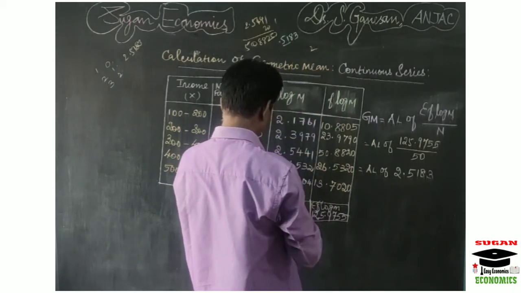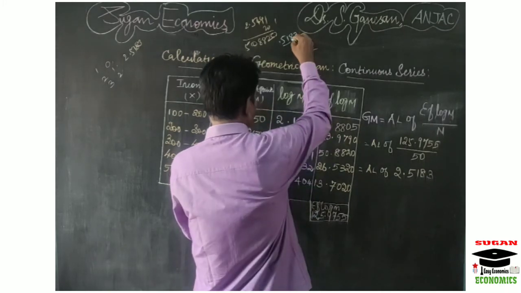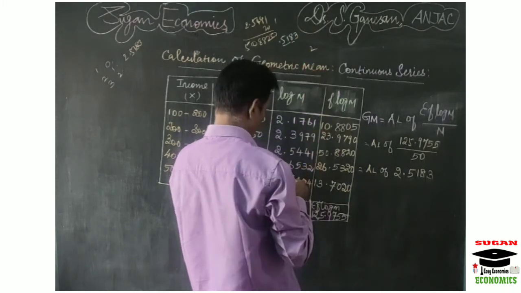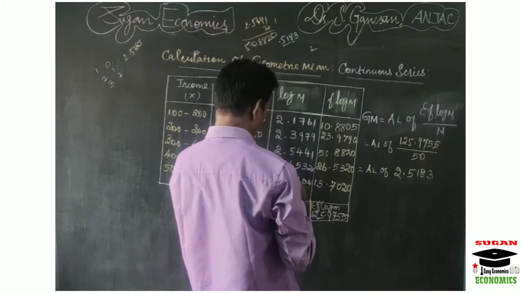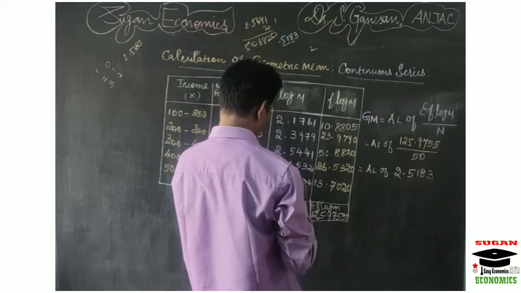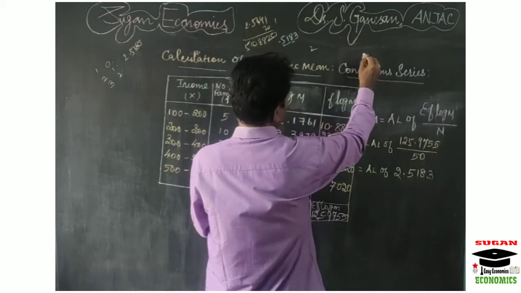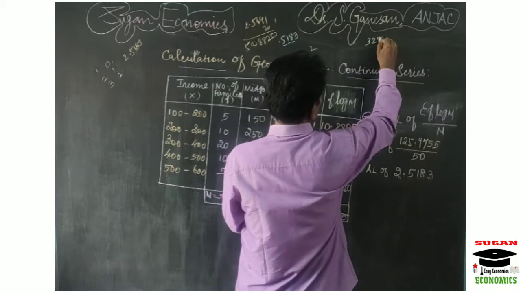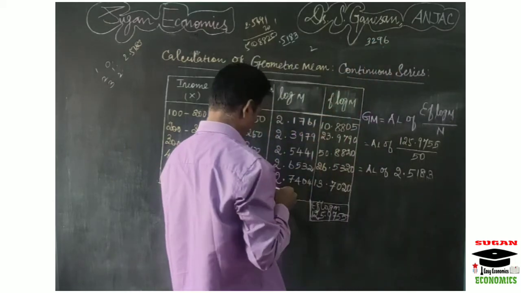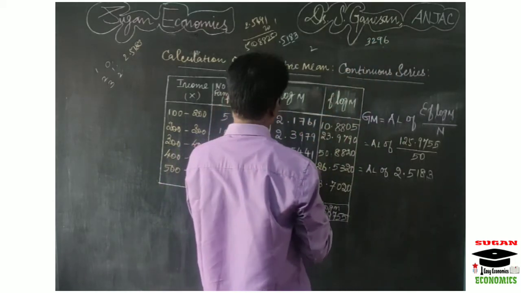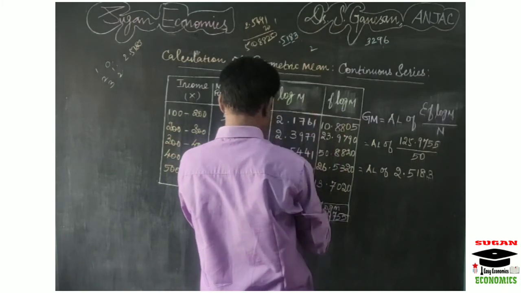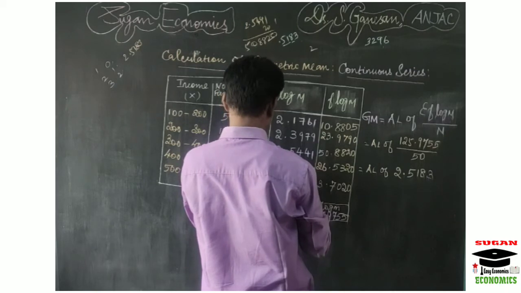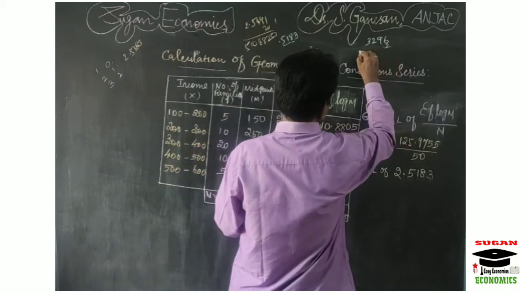So 0.51, first you take the row, then you take 8. So from the 8th vertical column and the 0.51 horizontal row, the value you are having, you can find out that value, that is equal to 3296. Then after that, in the same 0.51 row, in the mean difference you take the value in the third column. So in the third column the value is 2. So the 2 should be added with this value.